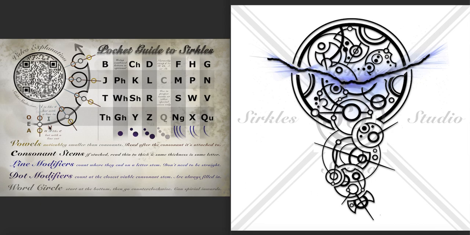continuing around, here's another vowel, and it is on the line. So it's an E, I, or U, and it has a line on it. So it's an I or a U, and that line is going towards the middle of the word circle. So that makes it an I, because I is like E but with a line in. So this blue line turns that E into an I. So P-O-I,